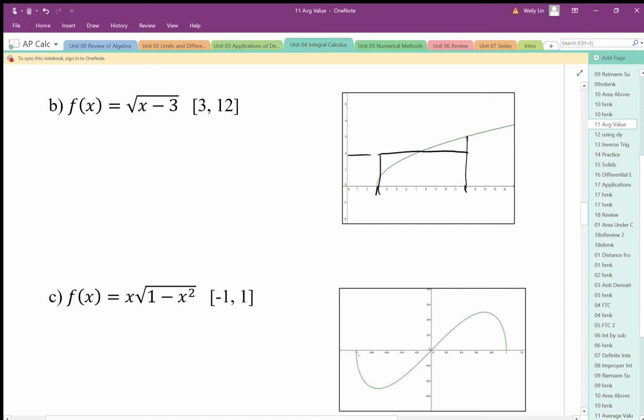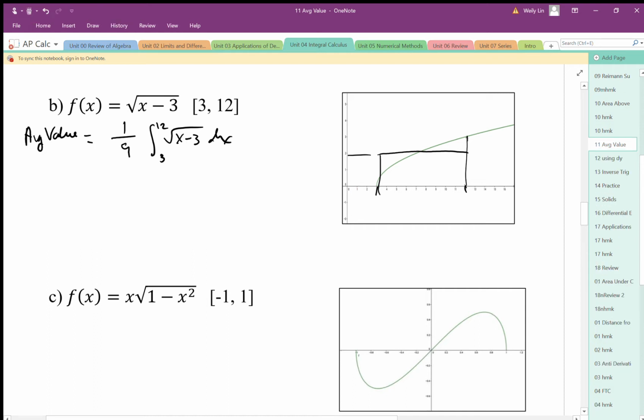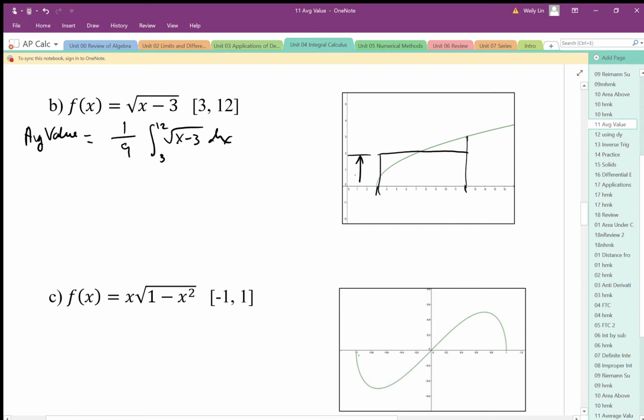Okay, so again, we're going to take the formula for the average value. I'm going to find the area underneath that curve from 3 to 12, and I'm going to divide it by the interval width from 3 to 12. The interval width is going to be 9. This essentially gives me the height. The area divided by width equals height, and that will give me the height of that rectangle, which represents the average value of that green line,